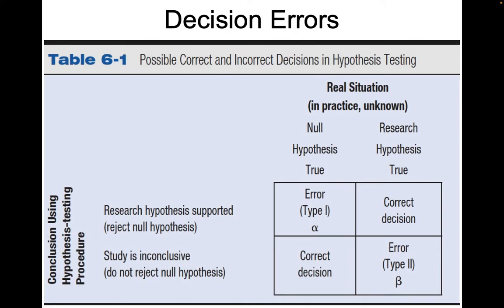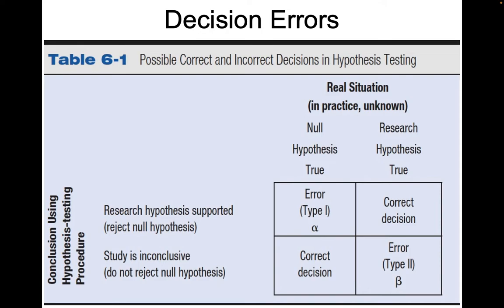So the idea is that if we look at that top row, when we reject our null hypothesis and say that we support our research hypothesis, we would be in error and make a type 1 error if in fact the null hypothesis is true, but we would make a correct decision if in reality our research hypothesis is true. Again, we can't ever know that, but we can set up the probability of making one type